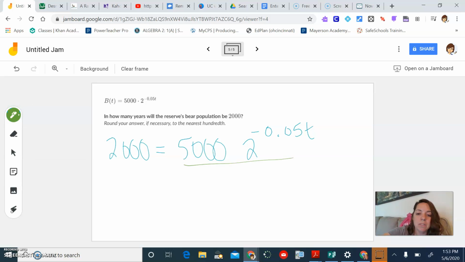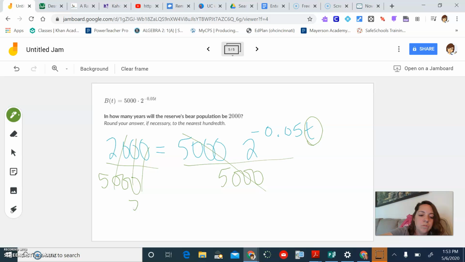So we'll divide both sides by 5,000 because we're trying to get stuff away from the t. And if we divide both sides, that gets rid of that 5,000. So this is just 2/5 equals 2 to the negative 0.05t. Okay, and now